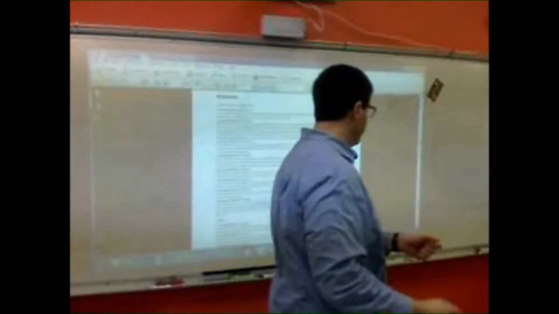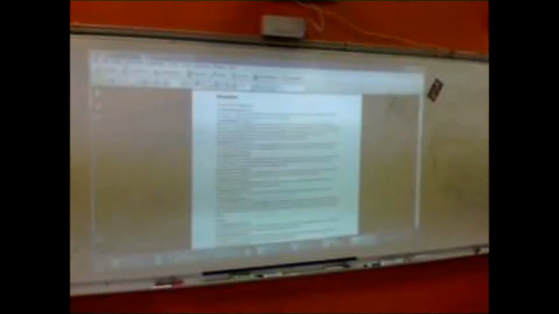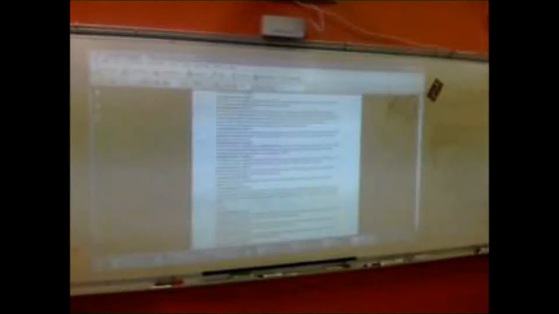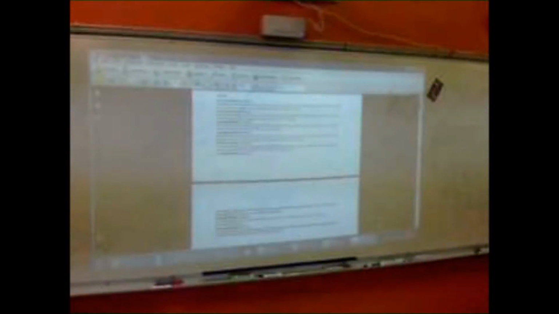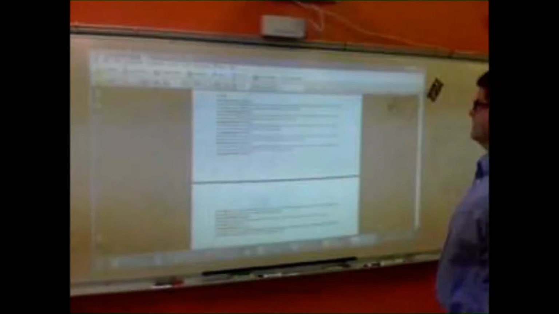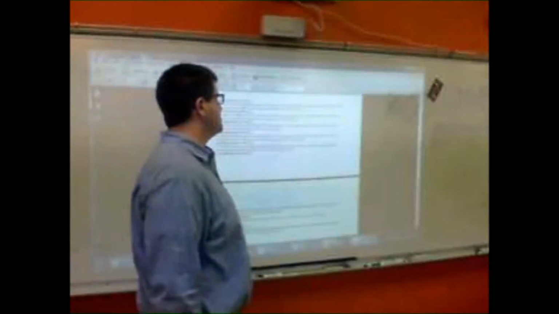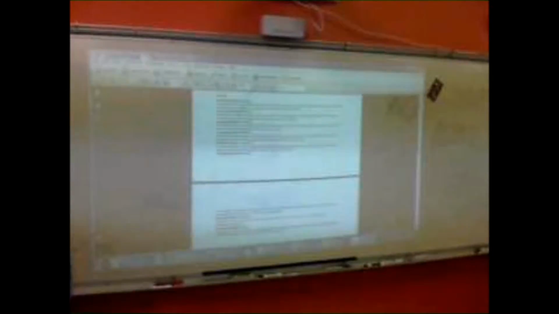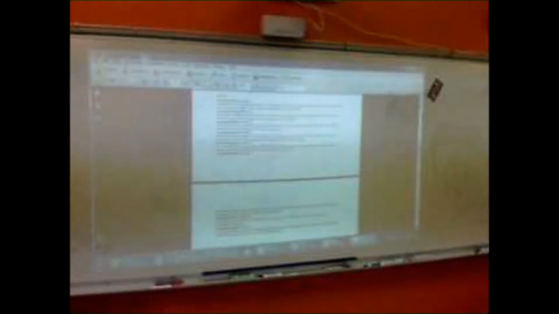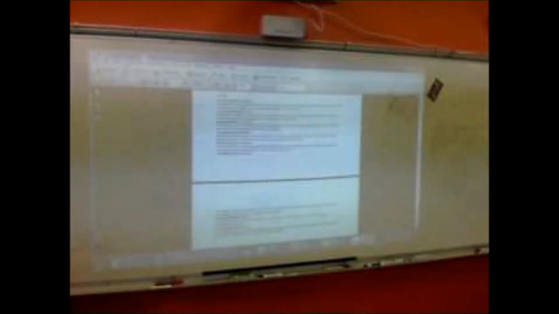Kind of continuing on here, we talk about impulse. This one has a lot of objectives, so just be ready for it on the test. The student is able to justify the selection of data needed to determine the relationship between the direction of force acting on an object and the change in momentum caused by that force.